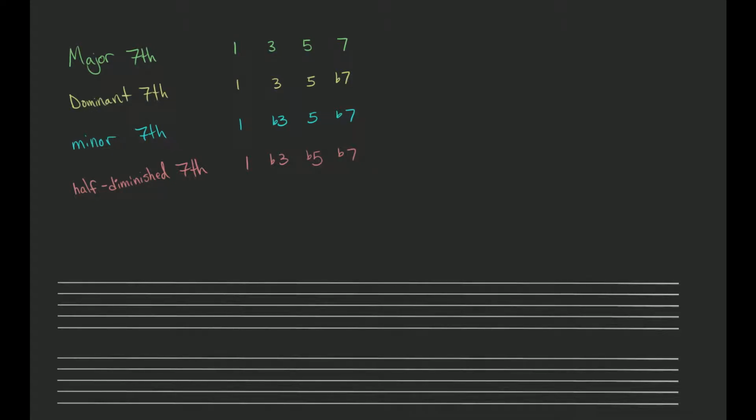So here's a little summary of what we talked about with the seventh chords. Major seventh has the root, the third, the fifth, and the seventh found in the major scale. The dominant has the same notes except the seventh is flatted. The minor seventh has flat 3 and flat 7, and half diminished finally has flat 3, flat 5, and flat